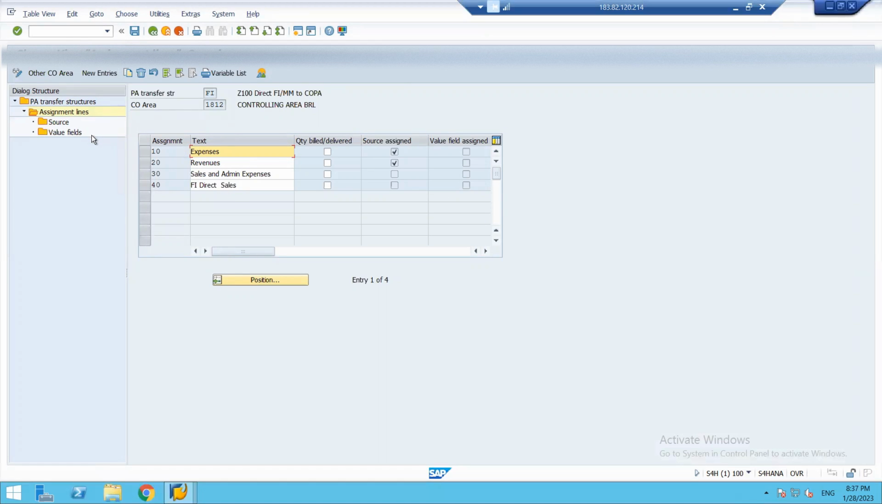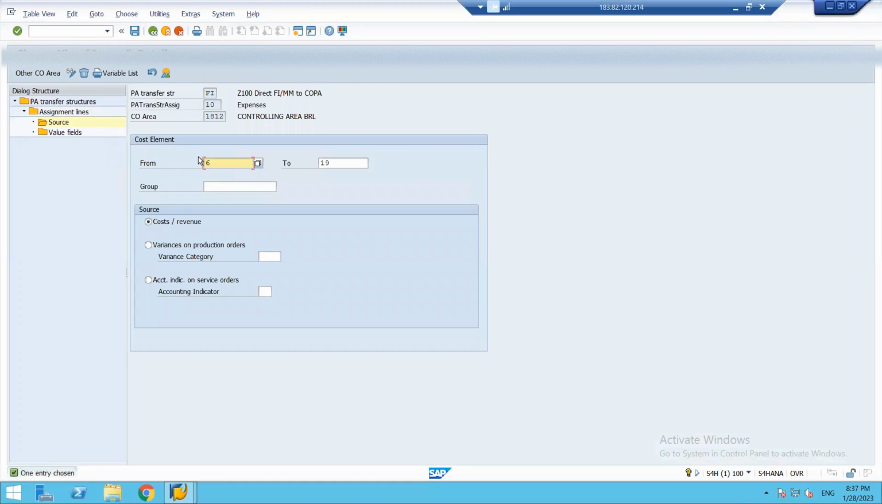and value field. So sources are those cost elements from where we need to extract the data. So for example, under expenses we have assigned our few expenses accounts, and the sources are cost and revenue. The source could be of production order also, and other service orders also. Also we can assign a group,